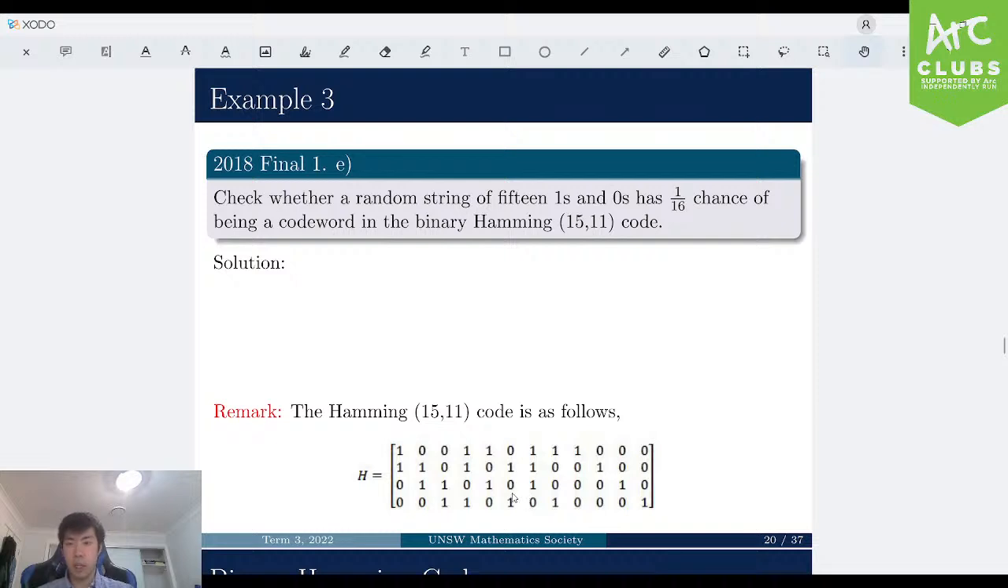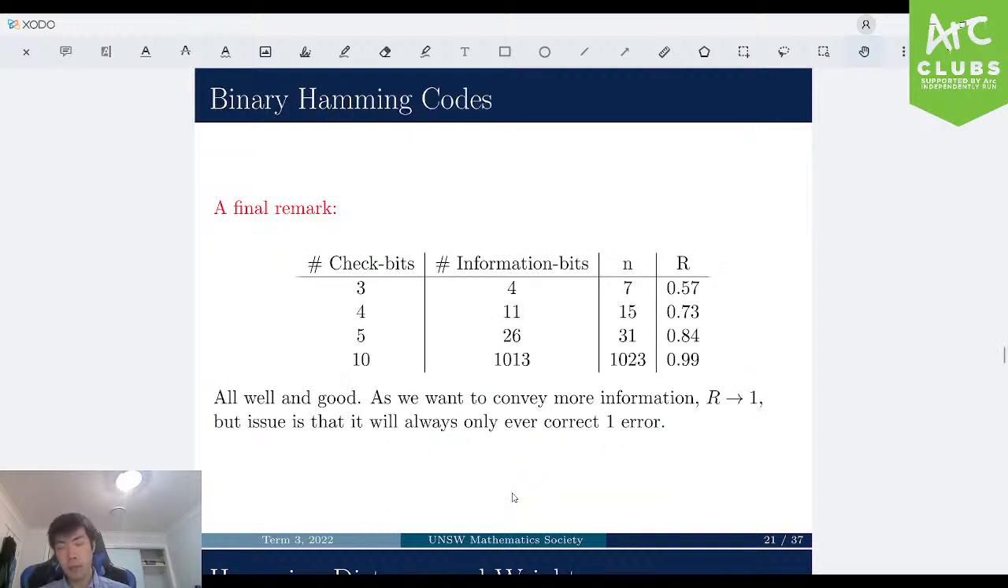Actually, yeah, this is an extra note here. This is the 15-11 Hamming code. A final remark on binary Hamming codes is a bit of a reflection on the information rate that